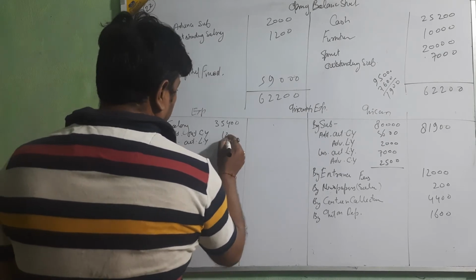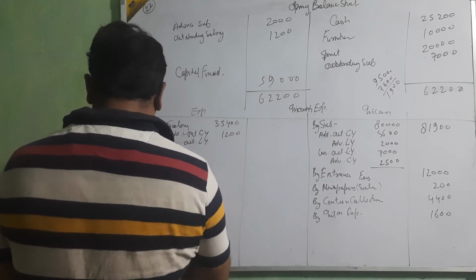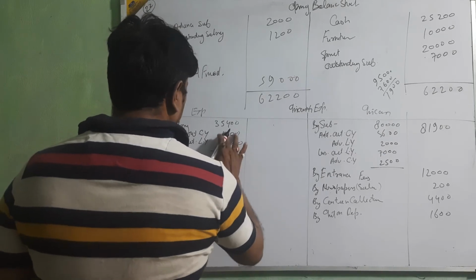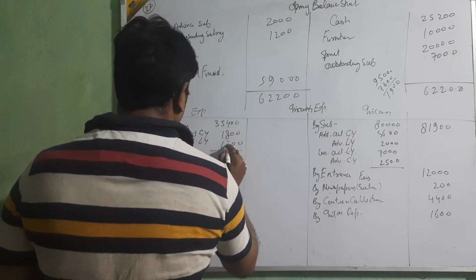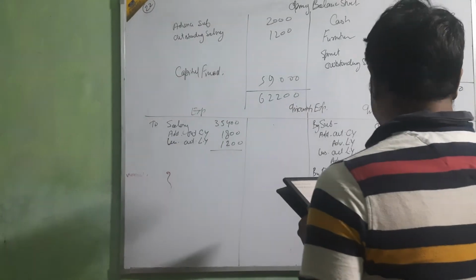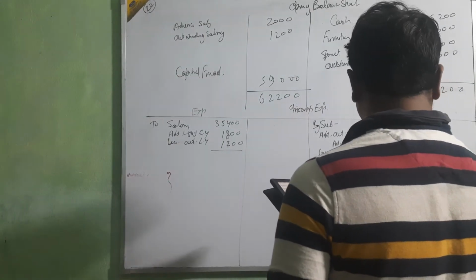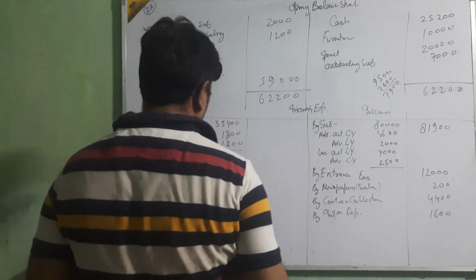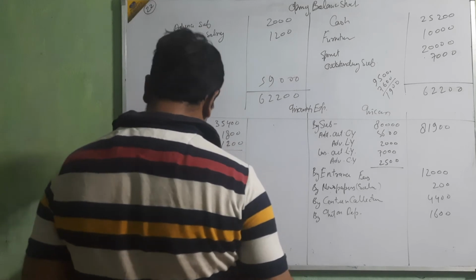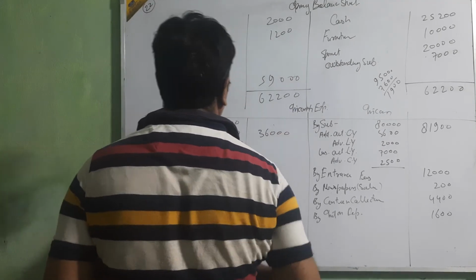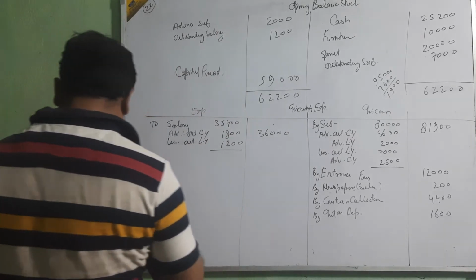Outstanding current year 1,800 and last year 1,200. Okay, and like a current year this. Then add 600 to 36,000. Okay, next,